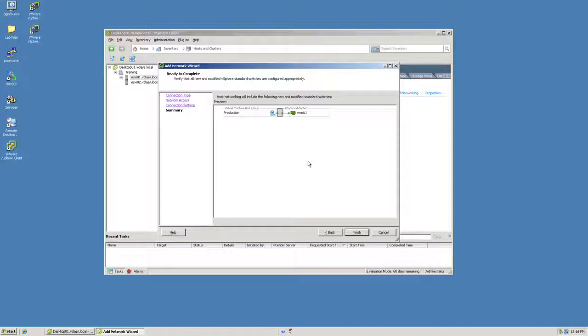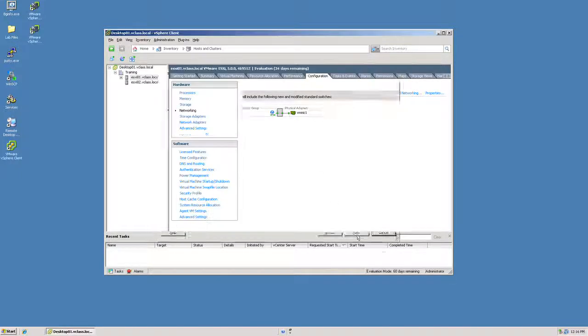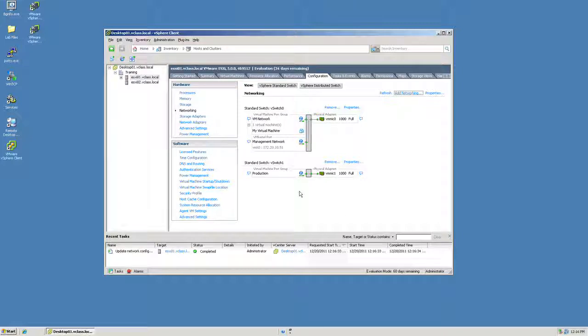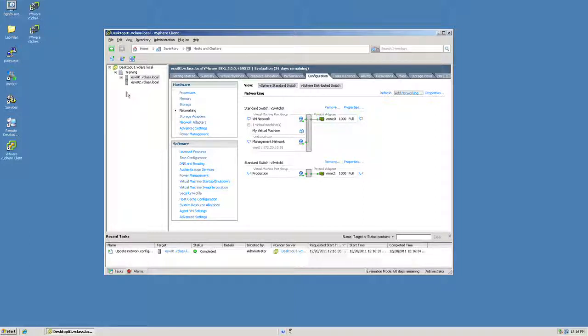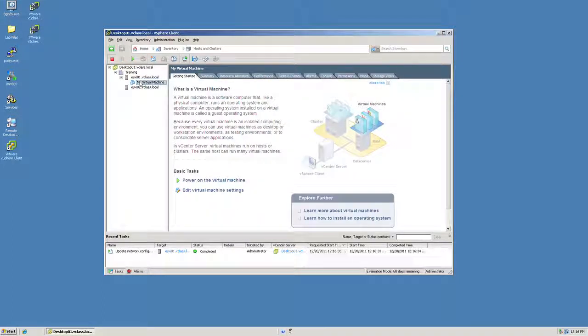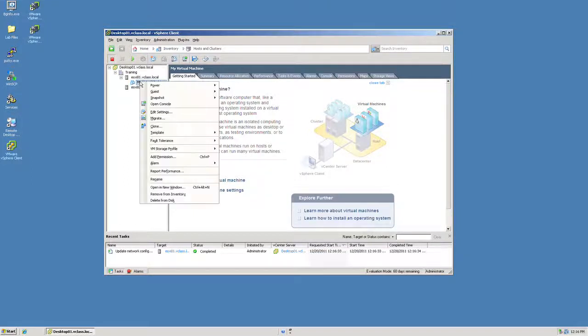And of course, at this point, we have a finish screen, which will allow me to complete the task. Once I complete that task, I now have a newly created switch in my environment associated with VMNIC 1 and a virtual machine port group called Production. At this point, as you can see on ESX number 1, we have a virtual machine. In order to provide connectivity to the outside world for this virtual machine, I'm simply going to right-click that VM, go to Edit Settings,